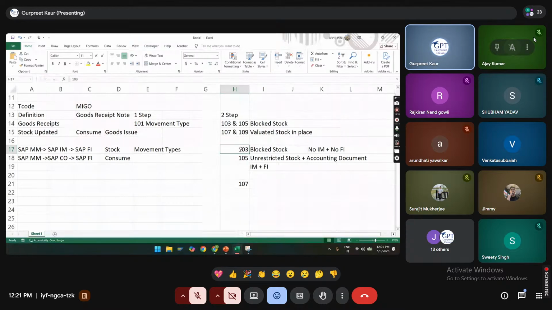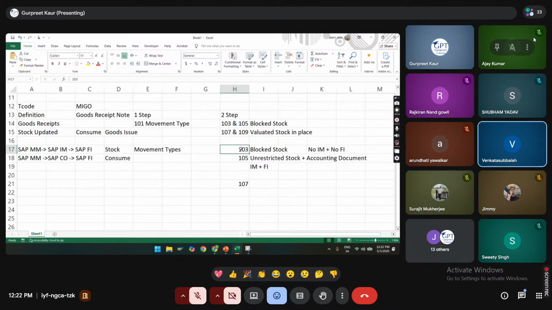Once you receive it and see it, then you make the payment. If you have an open delivery, even if you receive it, until you are sure about the material, you are not going to pay. It will be blocked.